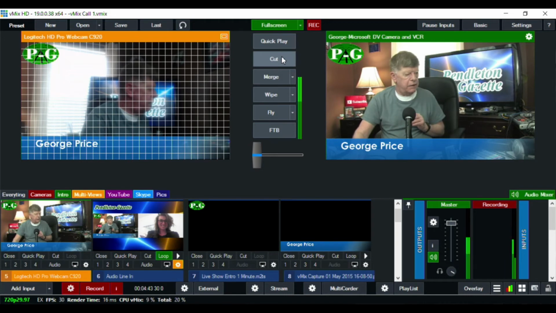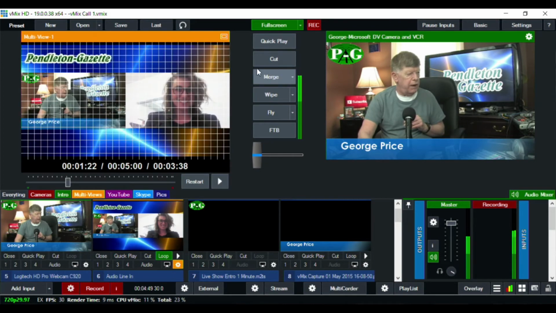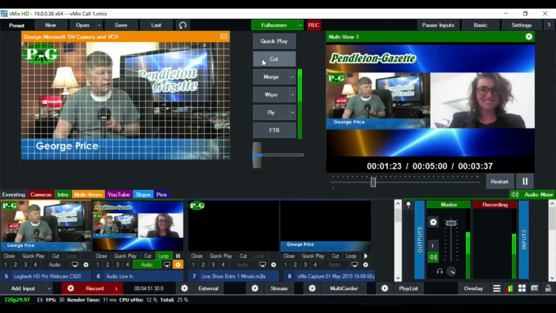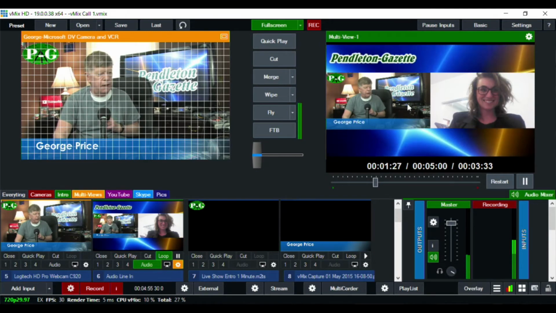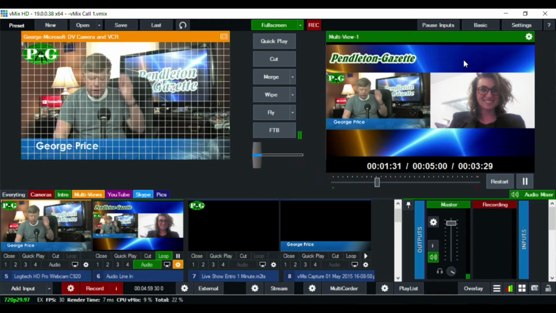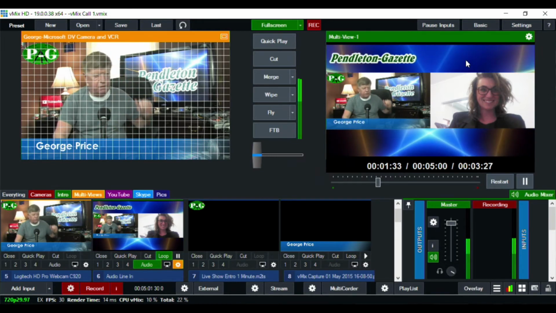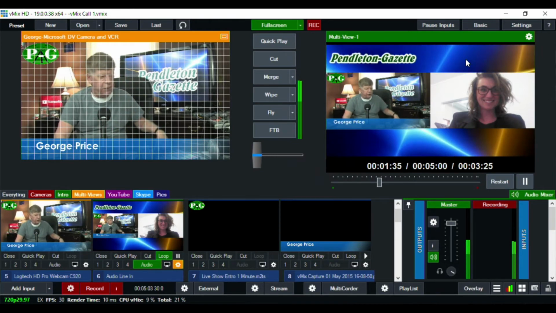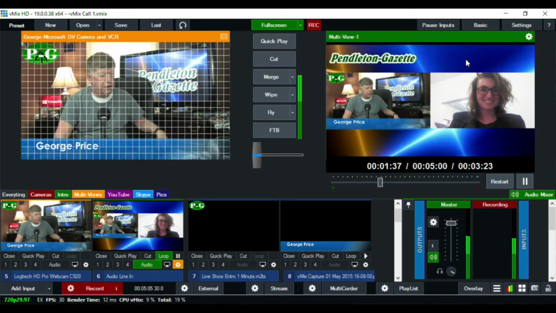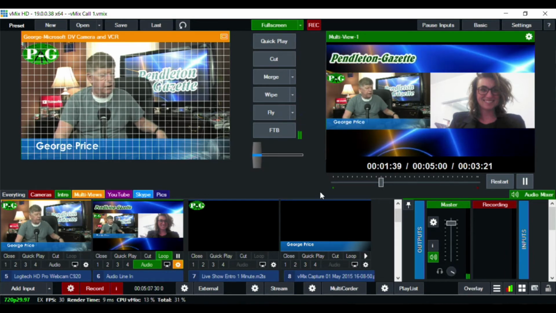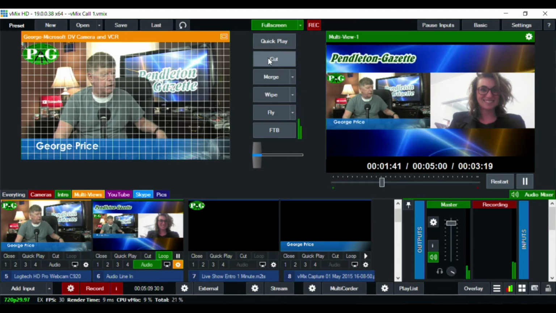But to make the multi-views, again, is very, very easy. This is one I did a while back, and this is a little more complex. I've added a banner at the top, Pendleton Gazette, and again, behind these multi-views is a video that continually plays, and that's why it looks the way it does.